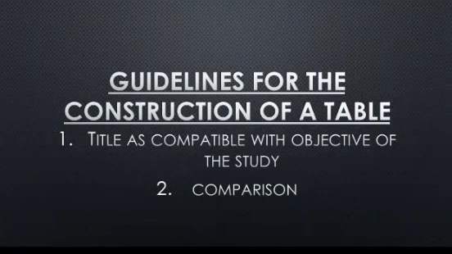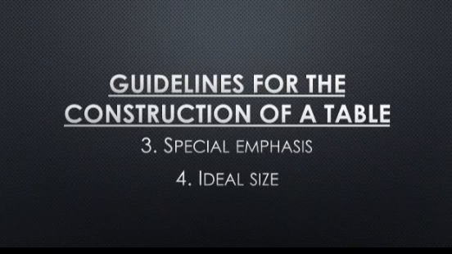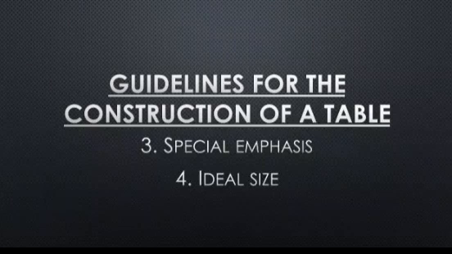So if you want to draw a comparison between the items, those items should be placed close to each other. Whether you are placing them in rows or columns, that's up to you, but those items should be placed close to each other. Fine. So the construction of a table depends upon the wisdom of the statistician. Clear? There is no hard and fast rule for the construction of a table, but there are some guidelines you need to keep in mind. First was the title should match the objective.